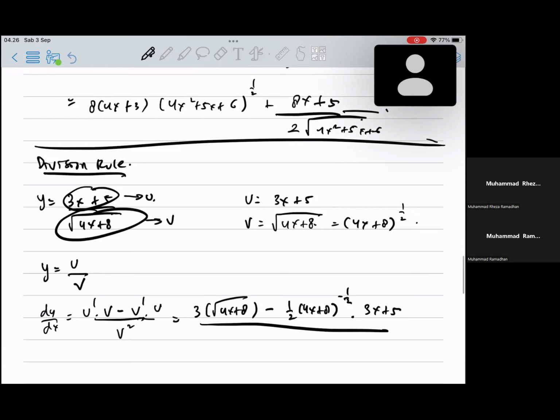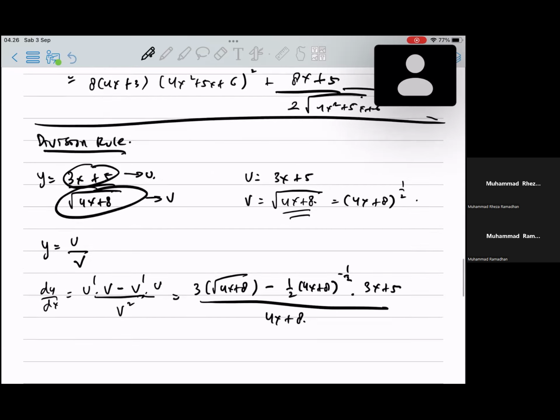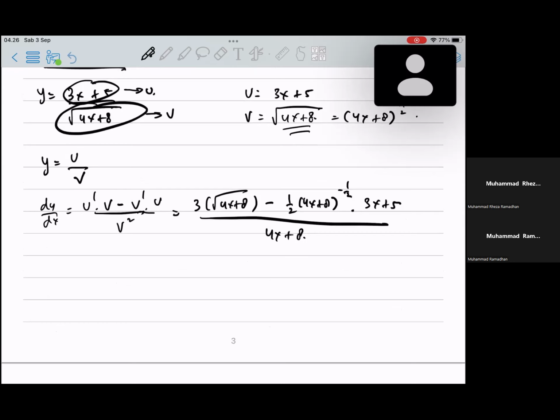V squared is this square of root 4x plus 8, something like that. Okay, this is the answer. You can make this into an easier equation, but yeah,